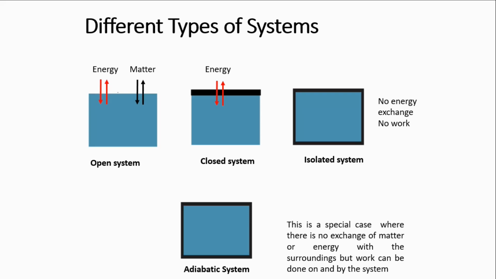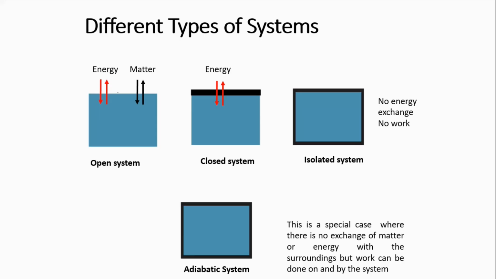We have been using the term systems. Let's define, or let us get more intimate with this term. There are different types of systems, first of all. You have open systems, which are able to exchange both energy and matter with the surroundings, right? So open systems are able to exchange both energy and matter with its surroundings.